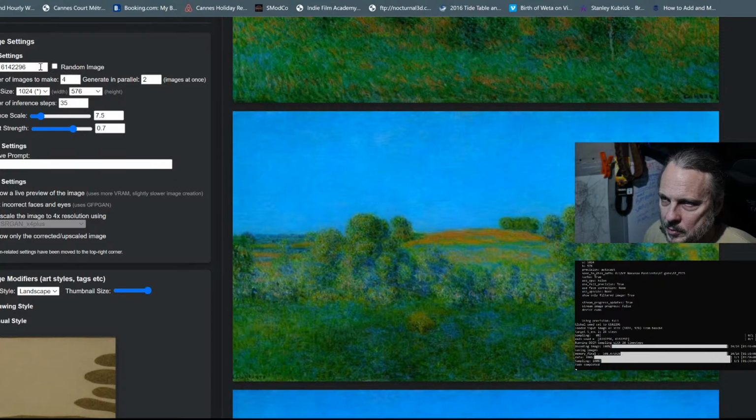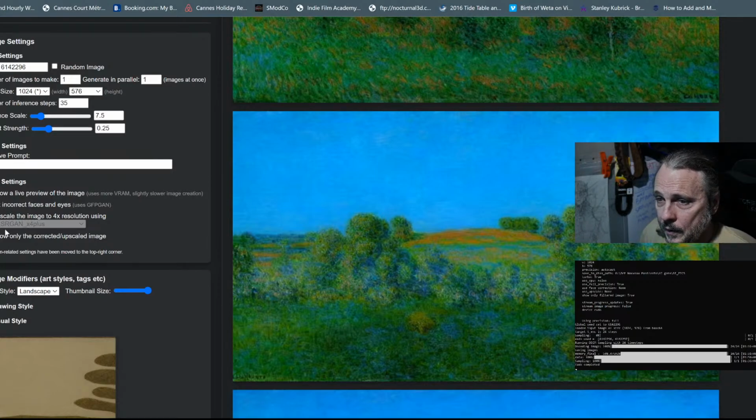We're not going to select random image. We're going to create just one last one, because it looks pretty good already, and because I just want to keep this tutorial moving quickly. One image in parallel, one image to make. Same specs for the image size, because we know that's the right aspect ratio for our final. We can have the prompt strength high, but not that high, because I don't want it to completely change the image. So we're going to drop that prompt strength down to